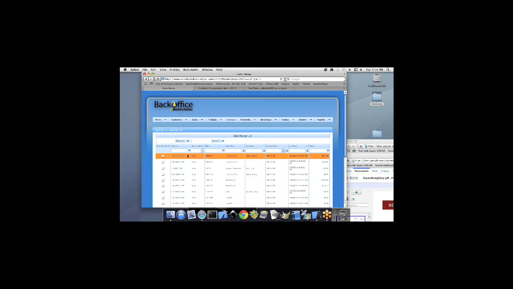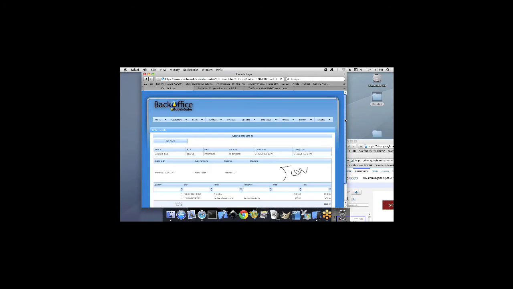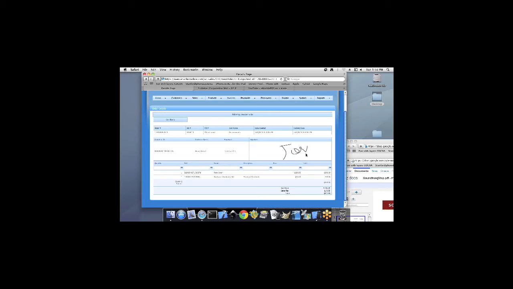If I click on the transaction number, as I'm doing right now, I will be able to see the detail of that transaction, the items sold, and also the signature for that transaction that was taken in the field, at the table, wherever it was taken.